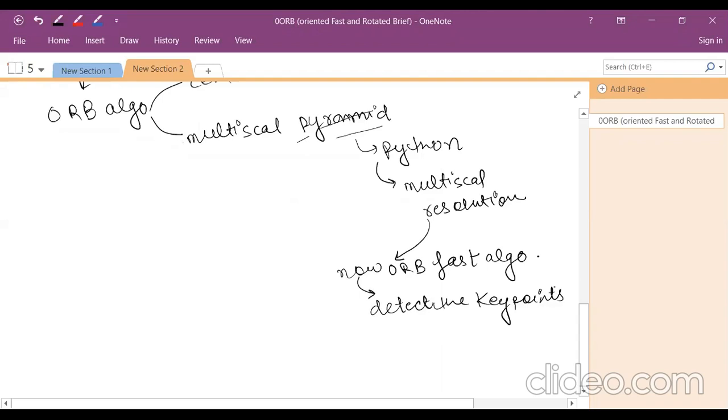So as per our lecture, you can understand there are so many key points inside the image that are used to detect the features. Like in the eyes, in the previous coding, you can see in the Alia Bhatt images, in their eyes there are so many green dots, small circles. That is called the feature key points and detection of those key points. So ORB has to detect these key points by applying the FAST algorithm. So many key points can be caught by using the multi-scale pyramid section.